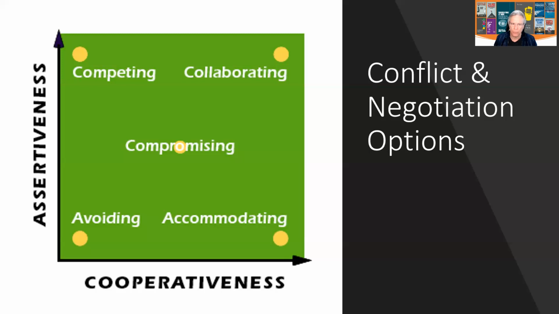Now, the point I want to make about this is that to be good at dealing with conflict, you need to be flexible enough to be able to maneuver your way around and use a variety of different approaches. The problem is, and that's where the survey comes in, we all have a preferred modus operandi. In other words, we all have a preferred way of dealing with conflict. And because we have a preferred way of dealing with conflict, we're probably likely to use it more often than perhaps it should be used.